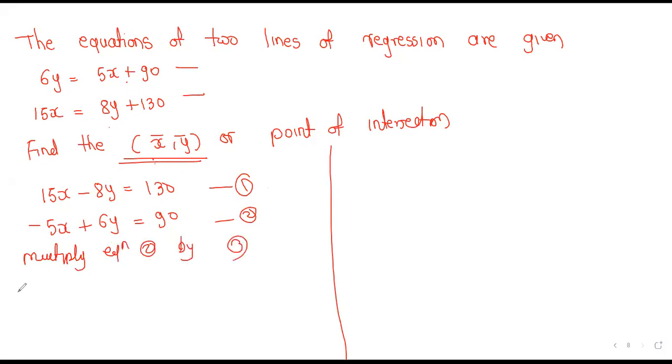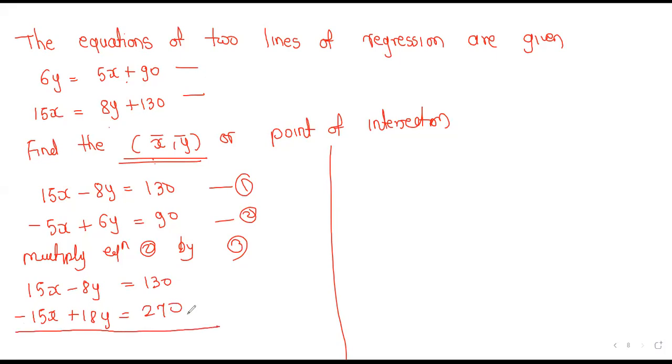So we get 15x minus 8y is equal to 130 and minus 15x plus 18y is equal to 270. Now adding these two equations we get 10y is equal to 400. So y bar is equal to